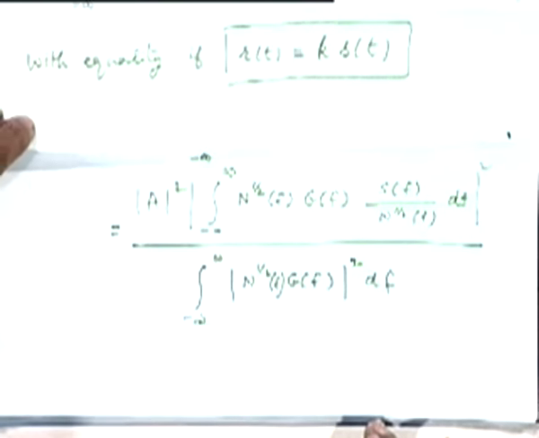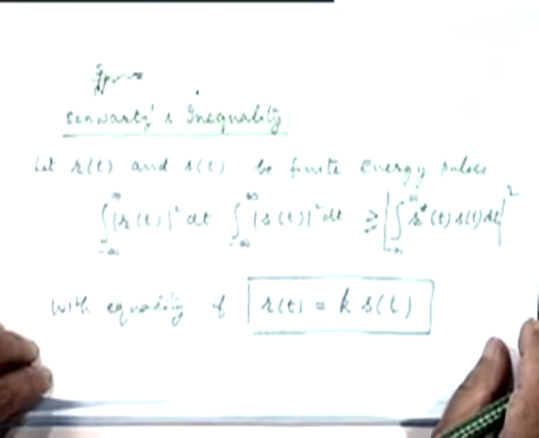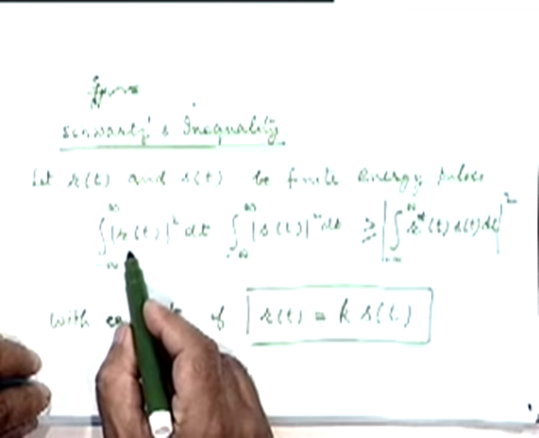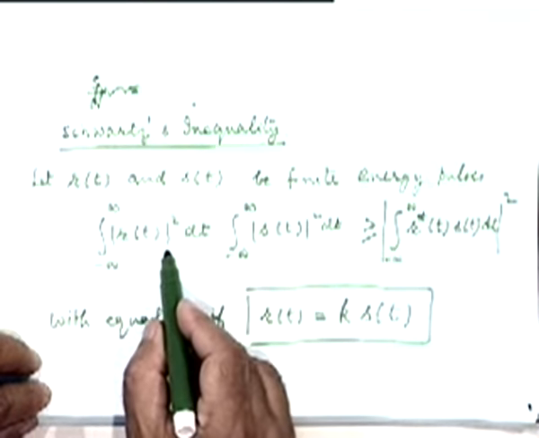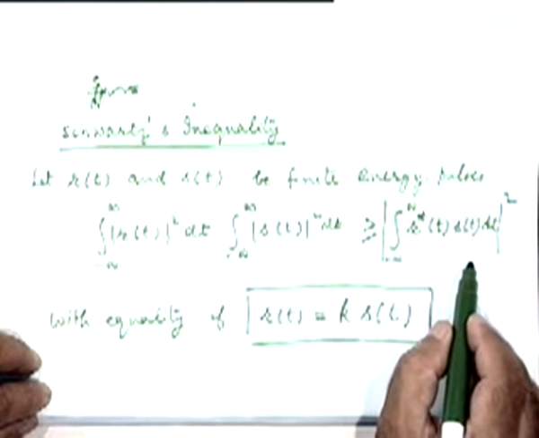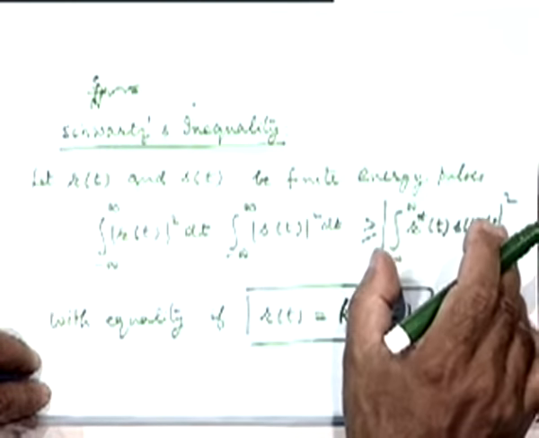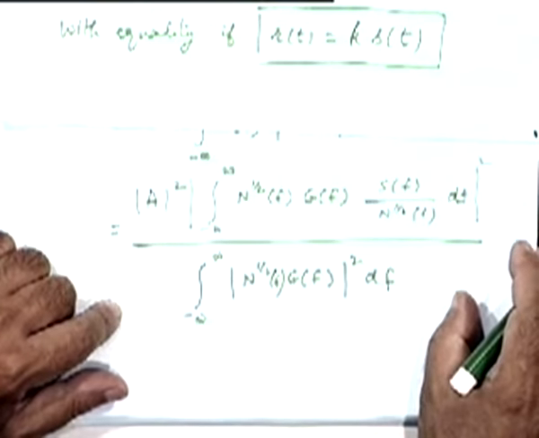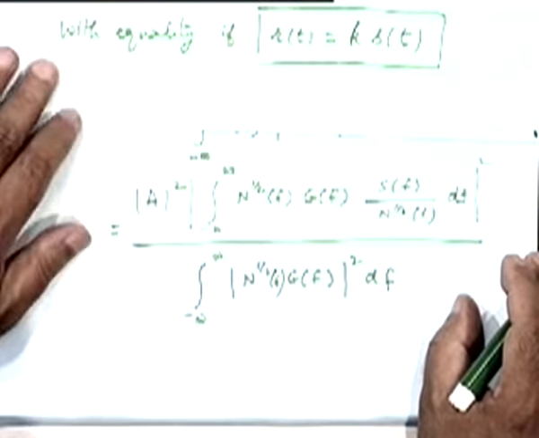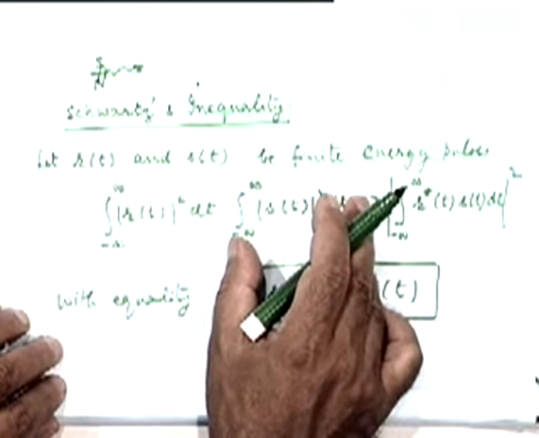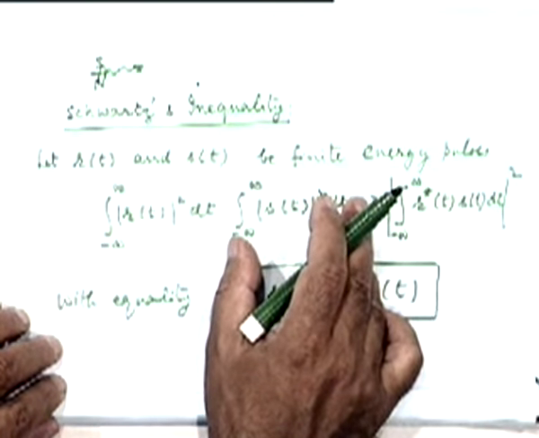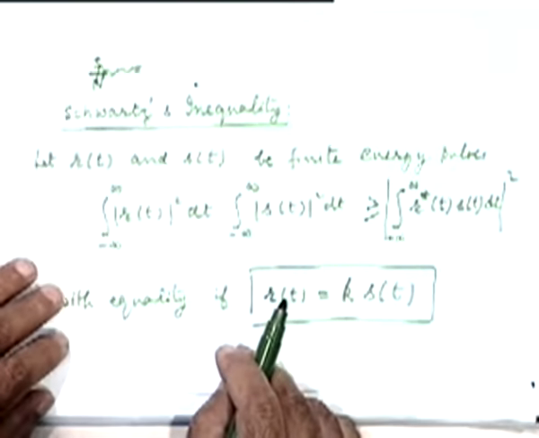It's nice if I could have kept both of them in front, but I think only one of them I can show at a time. So I have constructed one of these functions. This is in the denominator and this is in the numerator. So what we are saying is we have the ratio, this upon this. This ratio is going to be less than or equal to a specific quantity, which is this. Always. At best it can be equal to this.